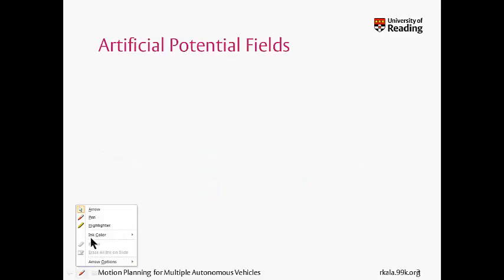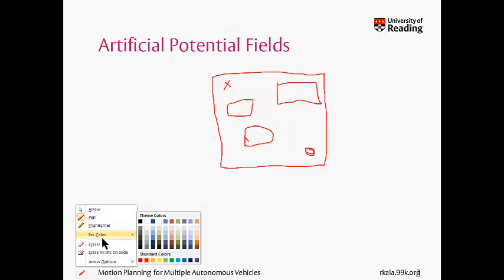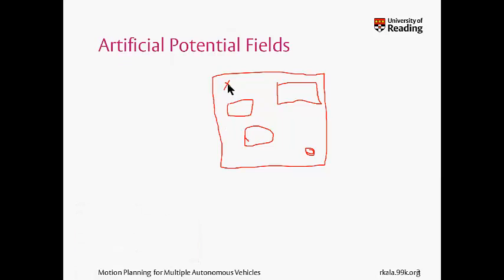So for artificial potential field in general, let me talk in respect of a mobile robot scenario first. If this is my source, the current robot position, and this is my goal, and correspondingly I have some obstacles, an obstacle like this, an obstacle like this, and any general obstacle like this. All these obstacles repel the robot. All these obstacles do not allow the robot to come here. So this obstacle will repel the robot like this. This obstacle is very far, so the repulsion will be very small. It's inversely proportional to the square of the distance or the nth power of the distance, so they die off very fast. And similarly, this obstacle out here is very far off, so it will repel very little,